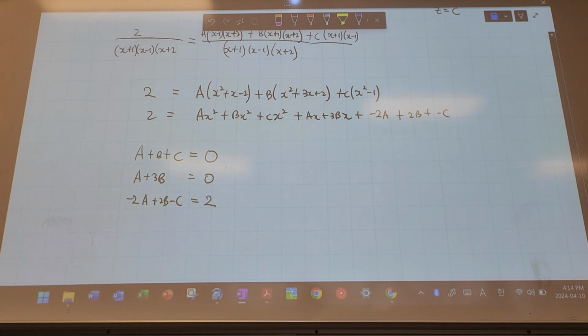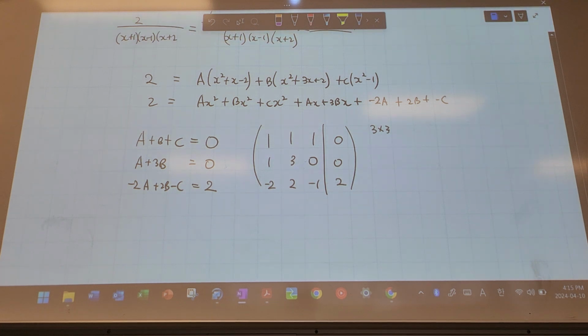So let's take this simultaneous equation into a matrix. We basically just fill out the coefficients: 1, 1, 1, 1, 3, 0, negative 2, 2, negative 1, 0, 0, 2, put a bar around, and that's my matrix. That's my 3 by 4, we'll call this. Negative 2y. R2 minus